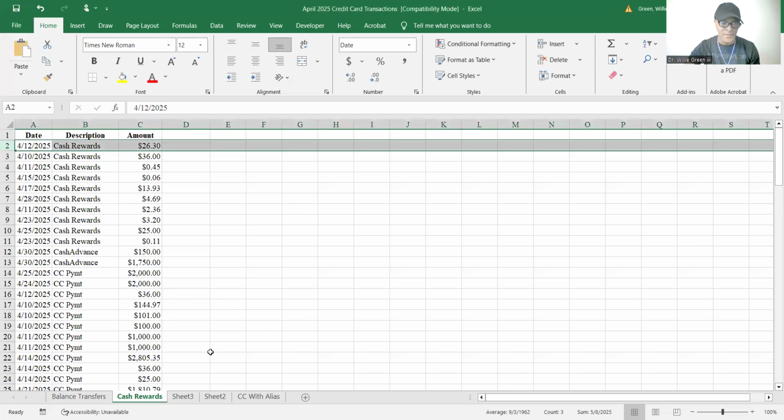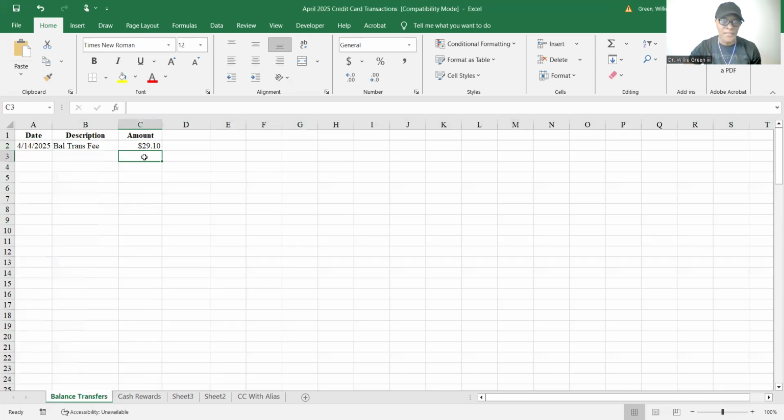Now I'm looking at organizing the Excel sheets into different areas to see how well I did with all of the velocity banking across the various areas. So let me go ahead and share my screen with you, and we can do it in real time. All right, so we got a couple of different areas. So far, I did a balance transfer area, and that fee for the month